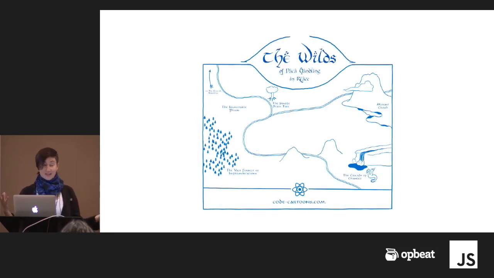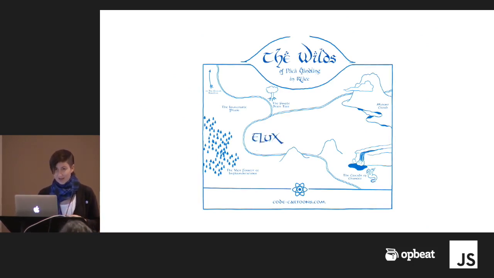So that's Flux. It ended the cycle of unpredictability, and all rejoiced, and created 100 different implementations of it. And now we move on to Redux. Redux is a lot like Flux. It's just a couple of differences between Redux and Flux. But if Flux solved the problem of this